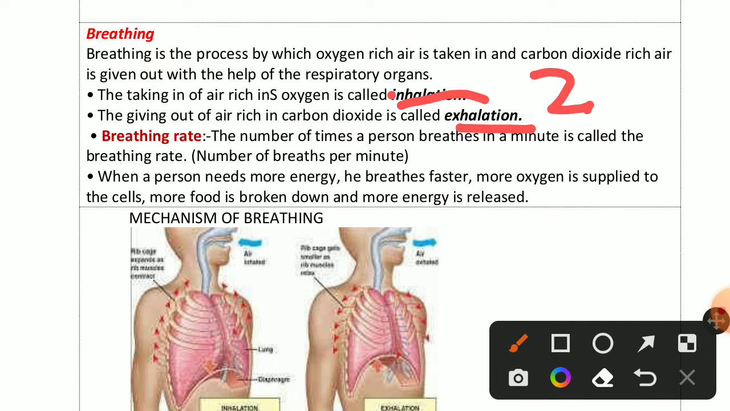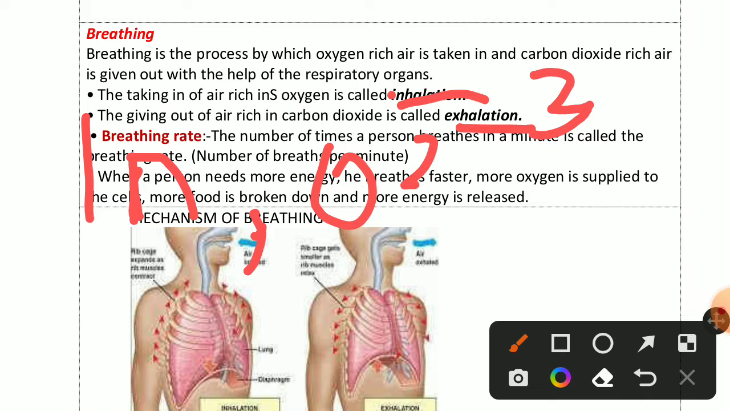Inhalation is nothing but what we take in is called inhalation. That is O2. O2 is oxygen. Inhalation means taking. We are taking in air through our nose. That air is oxygen. That is called inhalation. Next one,